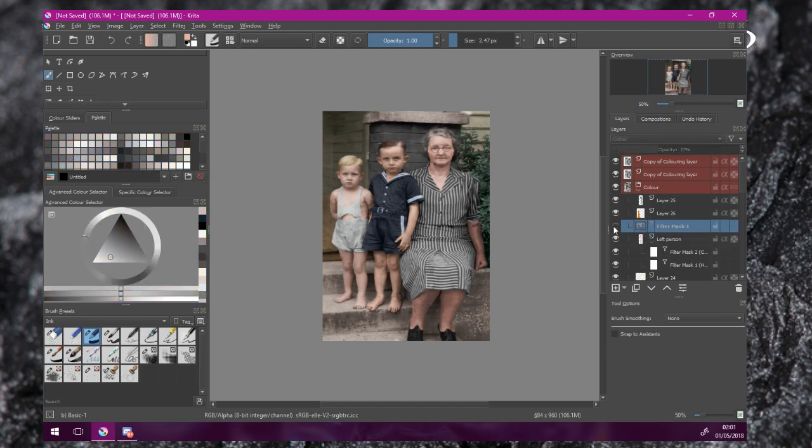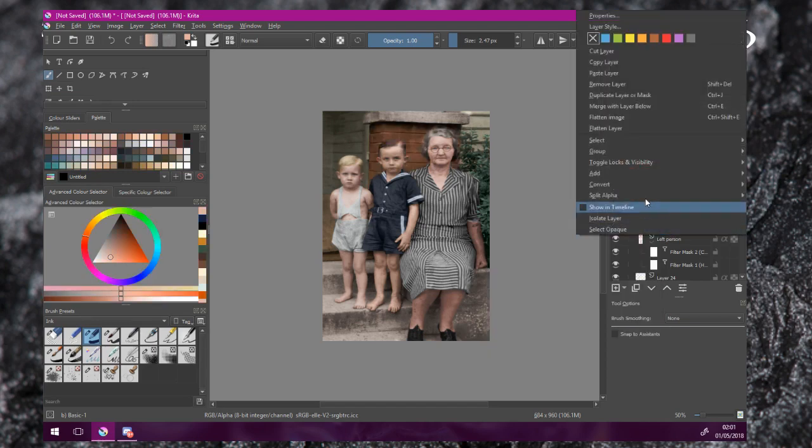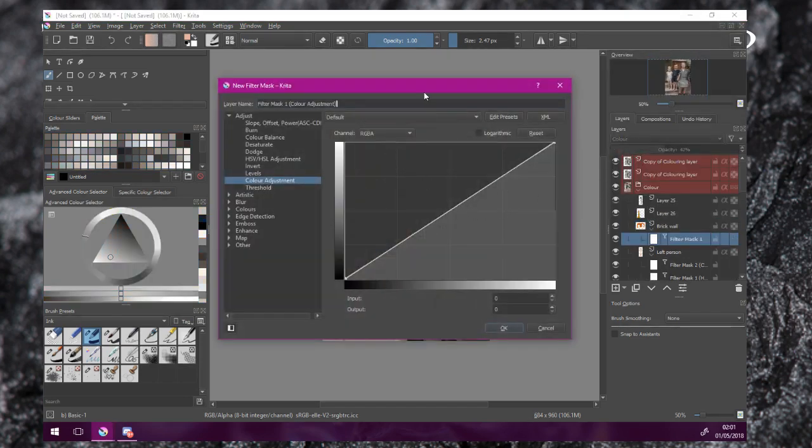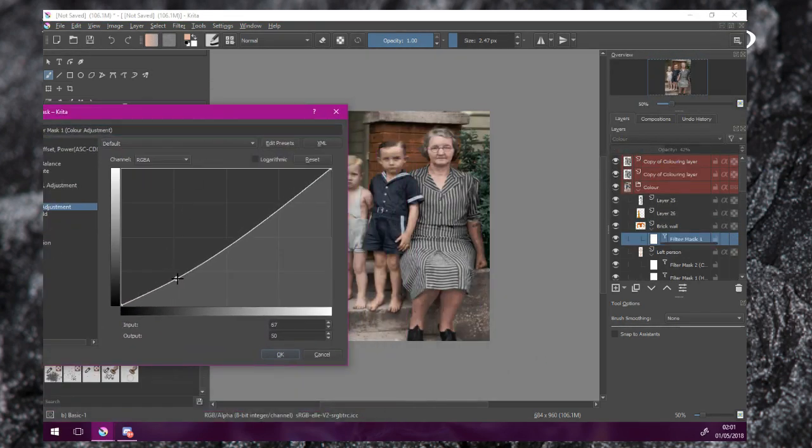Okay, so this filter mask right here is for the... Hang on. I'm going to add filter mask. I don't understand why that went, but never mind. We'll make sure that we do it now. Okay, so